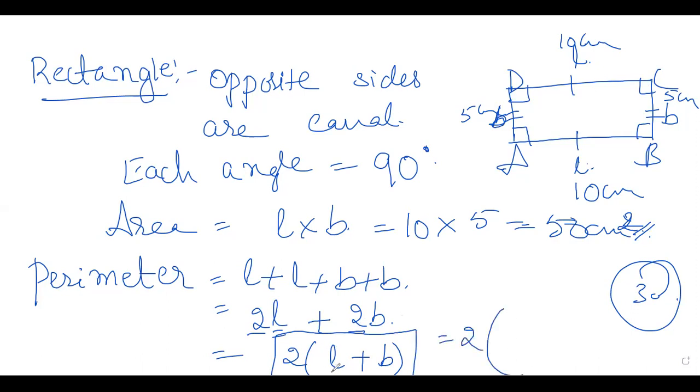So write 2 into L is how much? It is 10. B is 5. That is equal to 2 into 10 plus 5, it is 15. 15 twos are 30. Correct? So that is centimeter, not centimeter square. It is only centimeter. Perimeter na ನಾವು centimeter or meter ಅಲ್ಲಿ ಬರಬೇಕು. Area na squares ಅಲ್ಲಿ ಬರಿತೀವಿ. Because there we are multiplying, so you should write square. Next one is parallelogram.